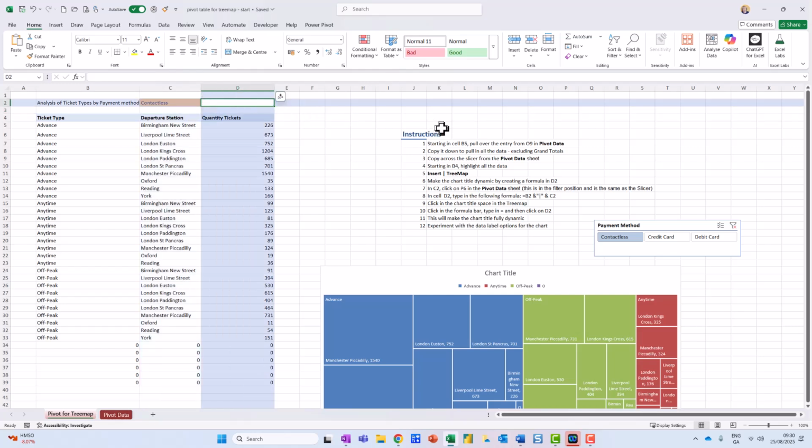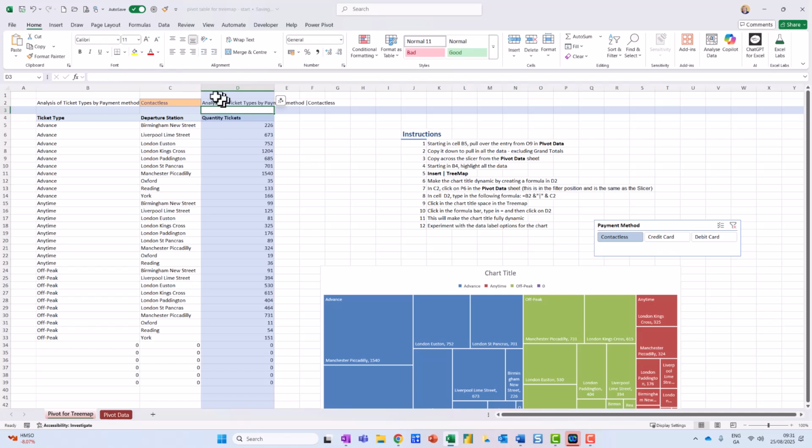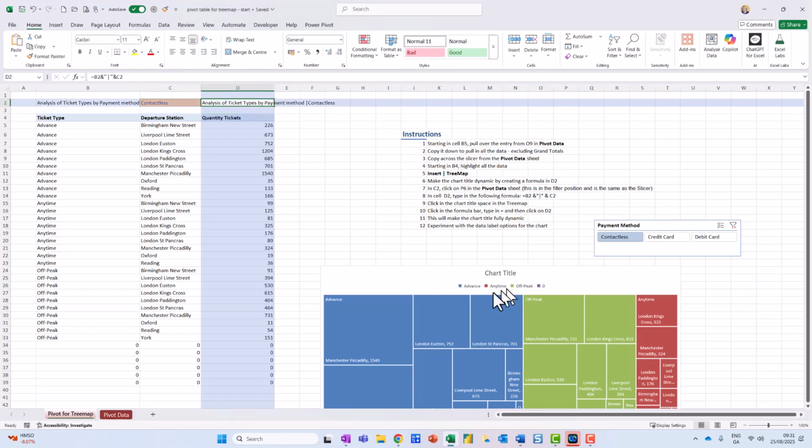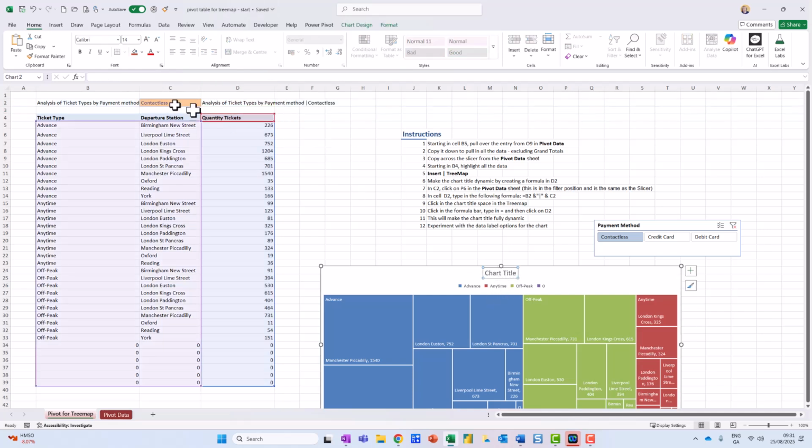Now what I'm going to do now is create a dynamic chart here. So just go equals this one, and I'm just going to put in, let's say, an ampersand, quotation marks, and then the little pipe one, and one again, and just click on the contactless and click OK. Okay. Now when I click here on the chart title, and then I come up here to this one up here and just go equals,